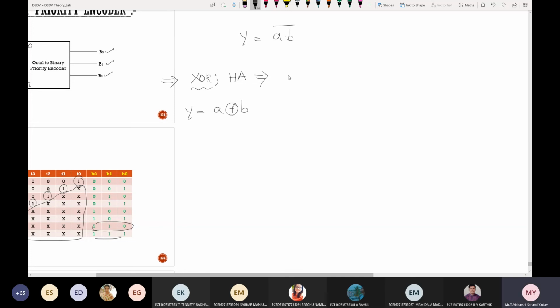This particular logic will occupy more space. Why? Because you have to draw the logic for sum and for carry also. So here A XOR B, followed by A dot B. The important thing is first it should have the whole bar. Okay, first you try this. Still, if you are facing doubt, I'll try to explain all these concepts.